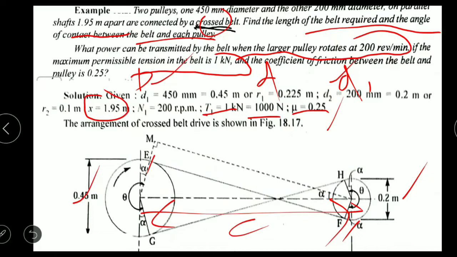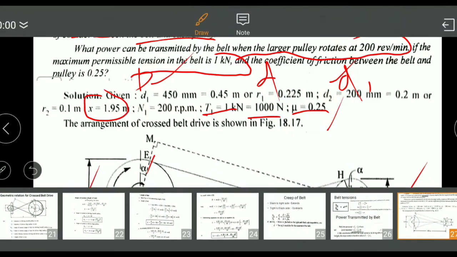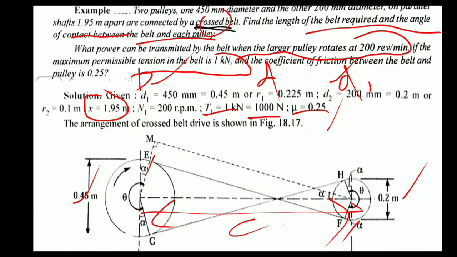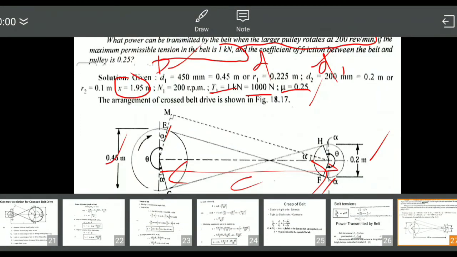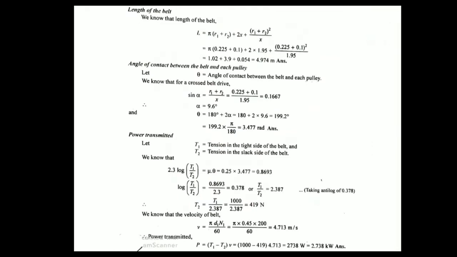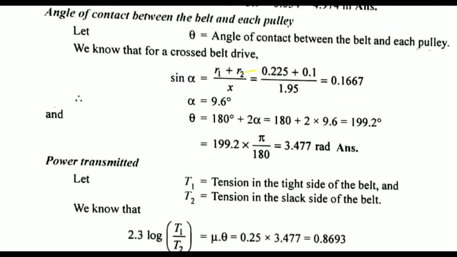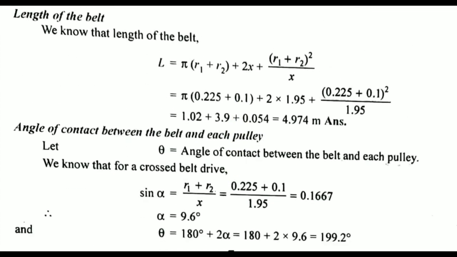So how to solve this numerical? First of all, read the numerical carefully, use the data as given data and draw the diagram very carefully, correct? Then use the equation. They are interested to calculate length as well as angle. So first is the length of the belt drive. Now they have written the same equation. The equation of the belt drive is same as this. They have written it in terms of radius, so instead of radius, how can I write it in terms of the